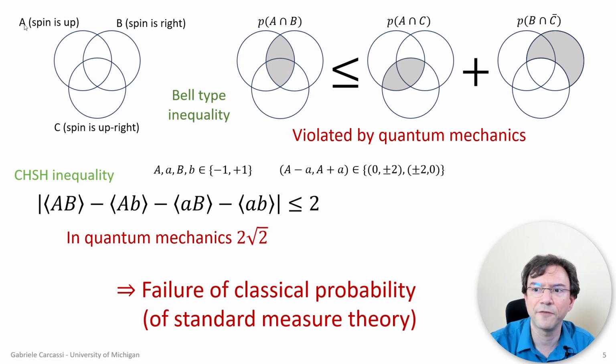So here, for example, I have 3 events, A, B, and C, which in physics could represent, say, I have spin up, I have spin right, or I have spin up-right. And in the context of classical probability theory, if I have the event that it's in the intersection of the two, so it's A and B, then the probability of having this event is less than or equal to the probability of having A and C, plus the probability of having A and not C. And you can see that this has to be greater than this, because this set plus this set is greater than or equal to this set, and therefore the probability can only be equal or greater.